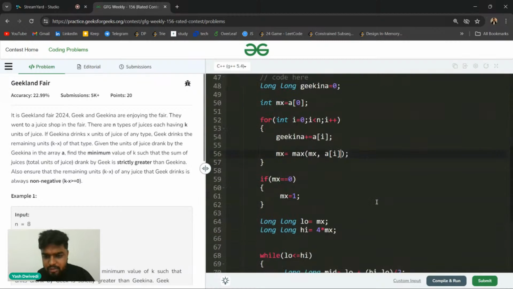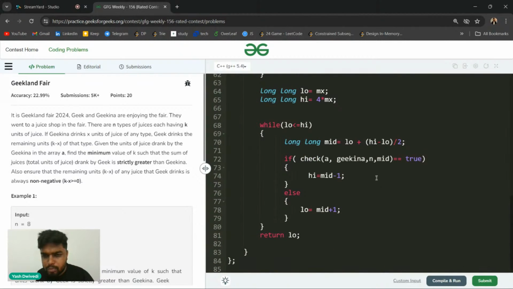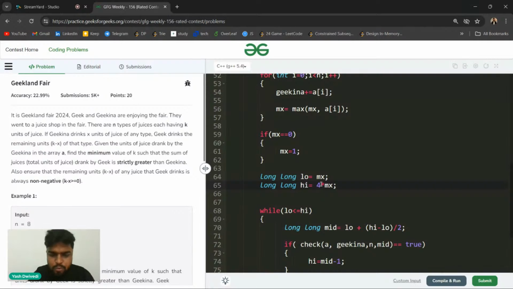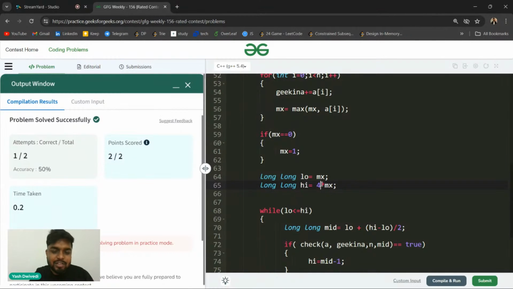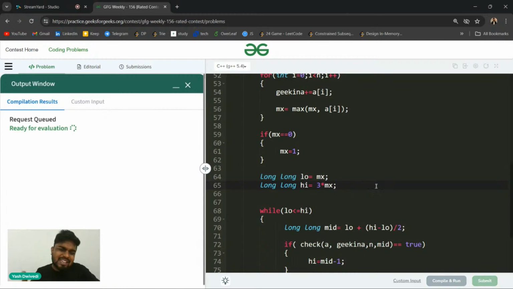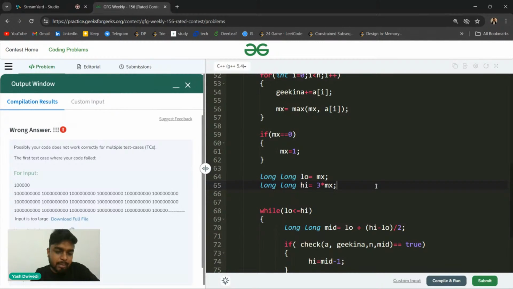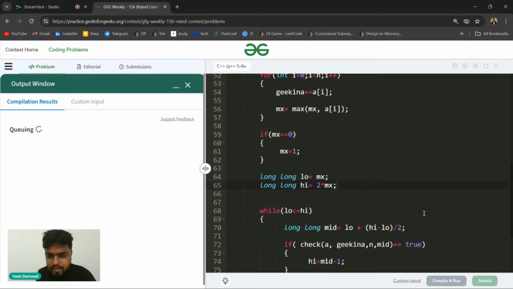For very high values, it is failing, right? So if I would have chosen 2 times max, it might still give an error. But let's see. Okay, it works, right? So if you choose 2 times, okay, let's say if you choose 3 times. Let's see if that works or not. 4 times, I guess, is too much, so it might be exceeding the limit of long. Yeah, if I choose 3 times, then it is exceeding, I guess. But if I choose 2 times, it is not exceeding, and the answer is coming correct.